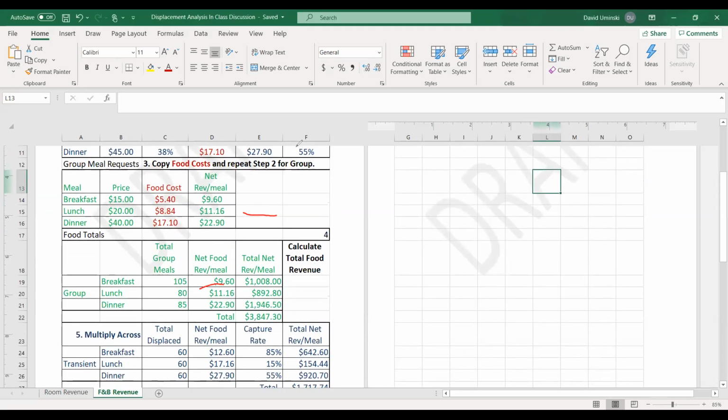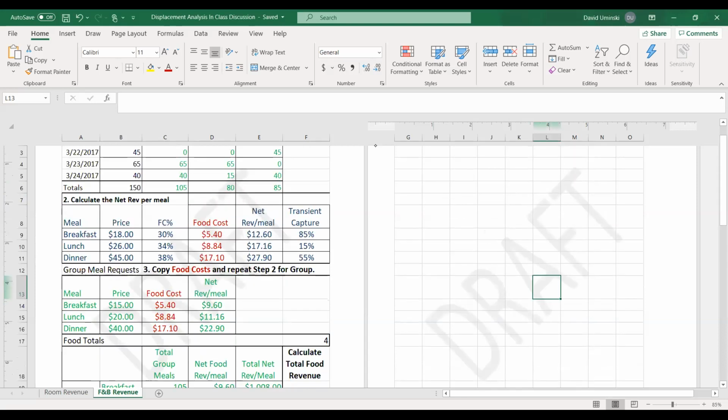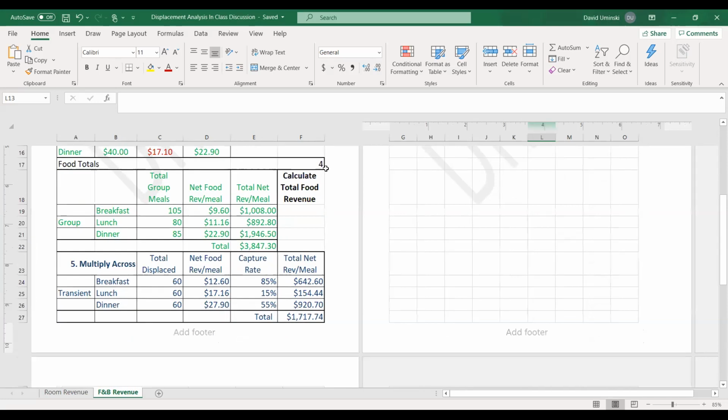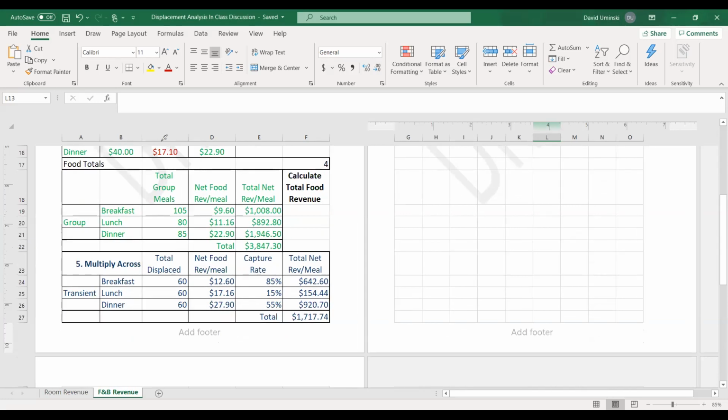The group is green and the transient is blue, and the transient down here is blue. And now that we know our group menu for breakfast is $9.60 per person, per meal,